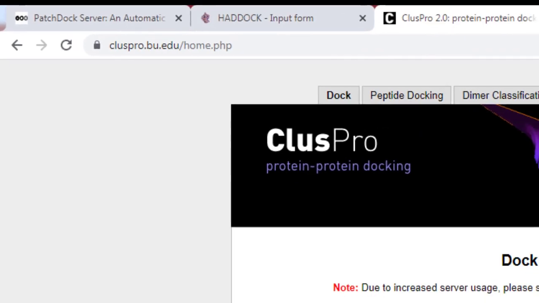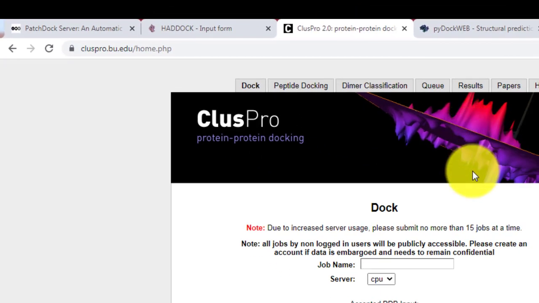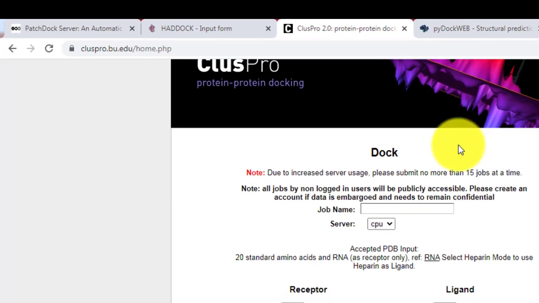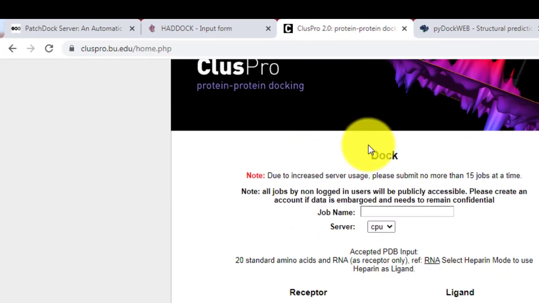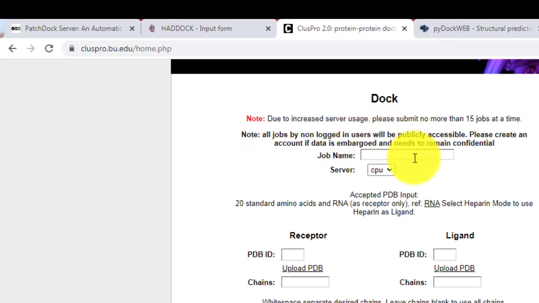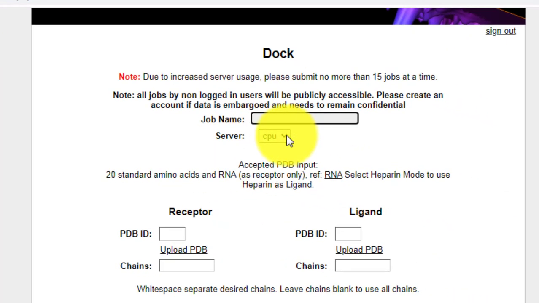This server also, if you want to use it, you have to register using your academic email address. In that option you have to give the job name and the server, CPU or GPU, you are using, and it will accept the 20 standard amino acids and RNA. So if you are using heparin as a ligand, it should be in the 20 standard amino acids, and